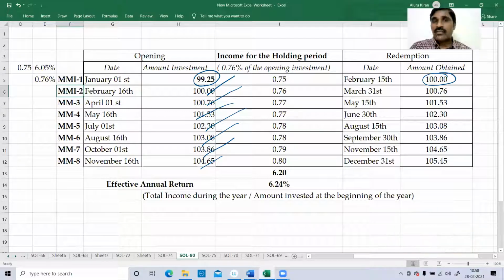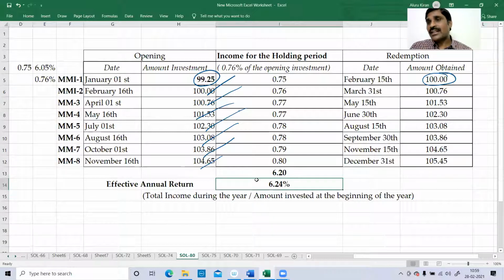Therefore, you have to suggest to the investor that you have to continuously roll out. As a fund manager or a mutual fund manager, you have to continuously roll out. Then only you can ensure this return to your client. You can put this return in the hands of the client only if you are able to continuously roll it out. That is the important point. Just purchasing one money market instrument, holding it and redeeming it, you will not get this return. If you promise this return to the investor at the time of taking the subscription of the mutual fund, then definitely as a fund manager, you have to continuously do this rollout. Then only you can ensure this return to your investor. That is the conceptual understanding we want.